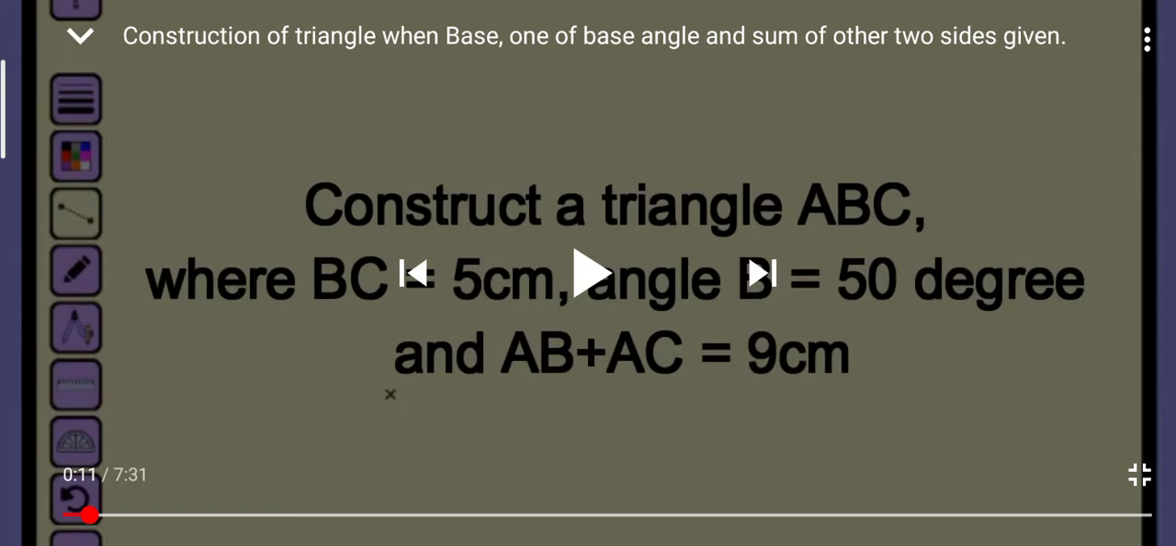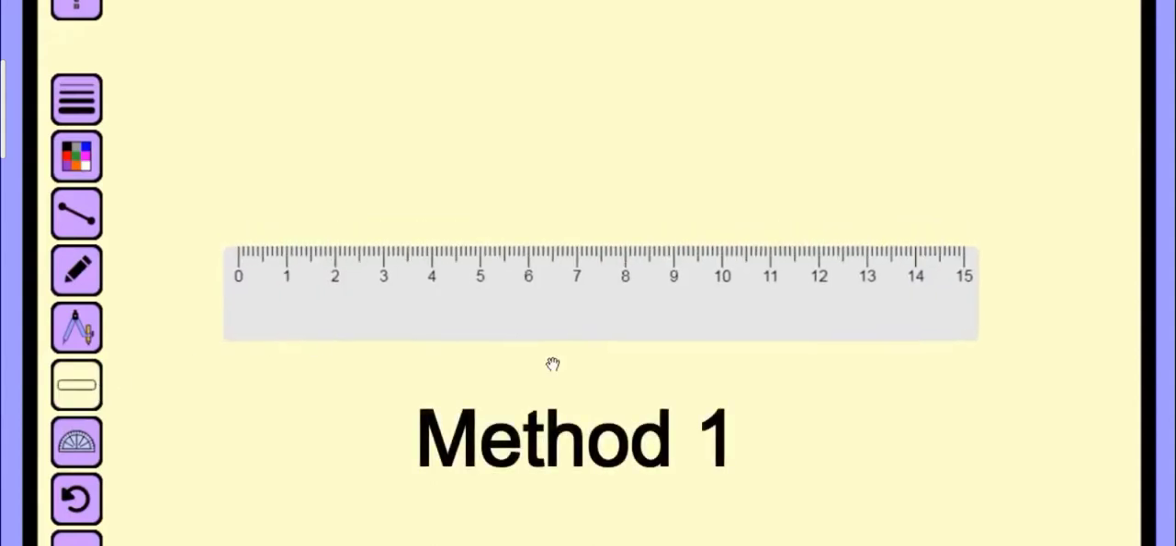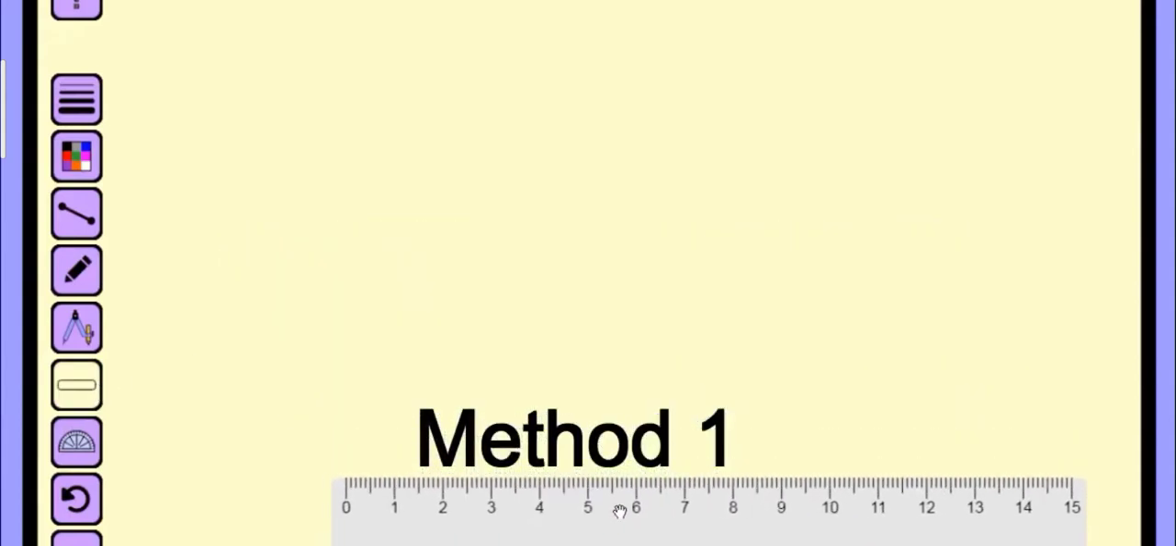In our textbook there is only one method, by the perpendicular bisector. Now in this session I am going to explain both methods, the angle bisector as well as the perpendicular bisector. Now see how to construct a triangle ABC where angle B is 50 degrees and AC